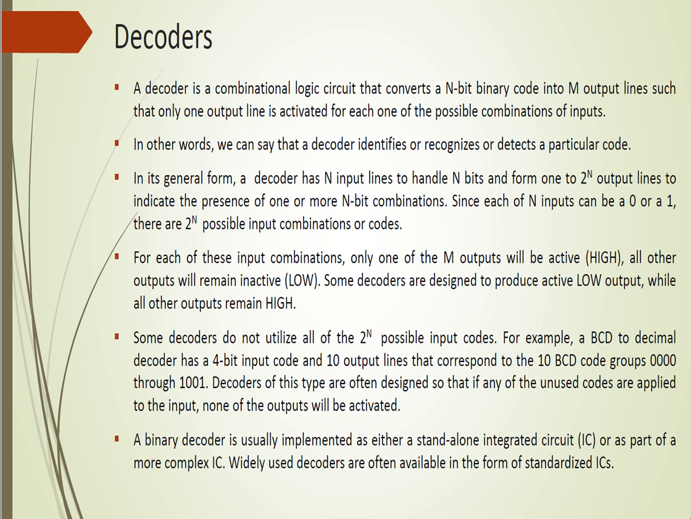In its general form, a decoder has n input lines to handle n bits and from 1 to 2 to the power of n output lines to indicate the presence of one or more n-bit combinations, since each of n inputs can be a 0 or a 1, and therefore there are 2 to the power of n possible input combinations or codes. In simple way, you can say that decoder has n inputs and 2 to the power of n outputs,